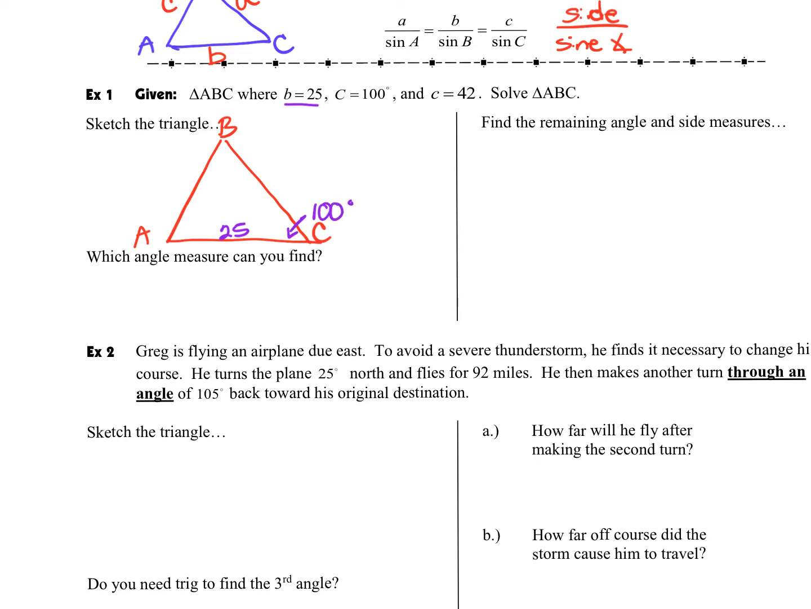So we're going to label that as 100. Notice that my picture isn't to scale and that doesn't matter. And then side C, the side across from angle C, is going to be 42. Okay. Now, the way that we know that we need to use our law of sines is we're going to